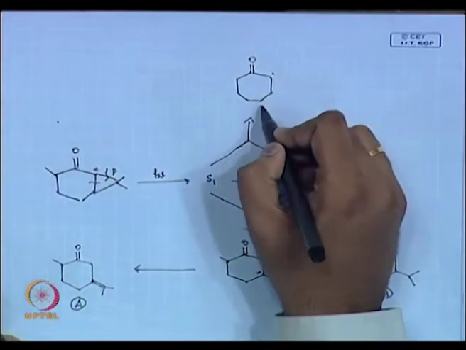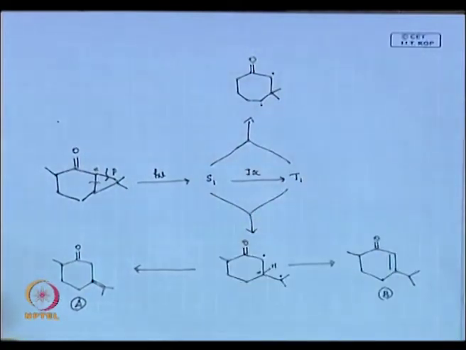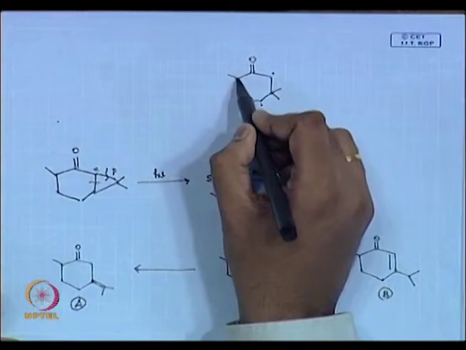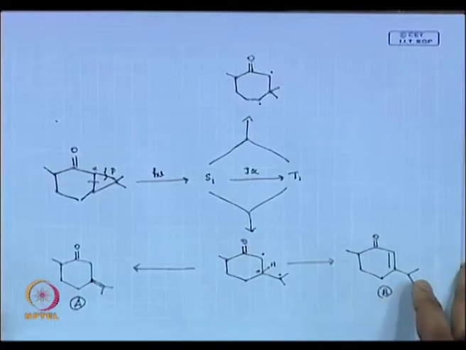I get a radical here, I can get a radical here. So why do you not want to break this? No hydrogen is there, so you do not want to break this, that is the criterion. Yes, right. Okay. So, I cannot write any other product. So, based on this, the molecule says I am not going that side.